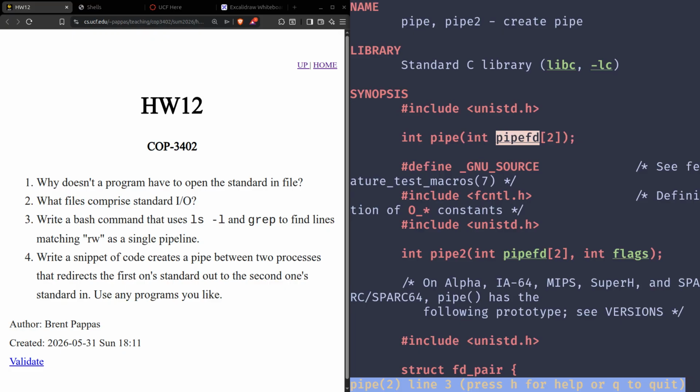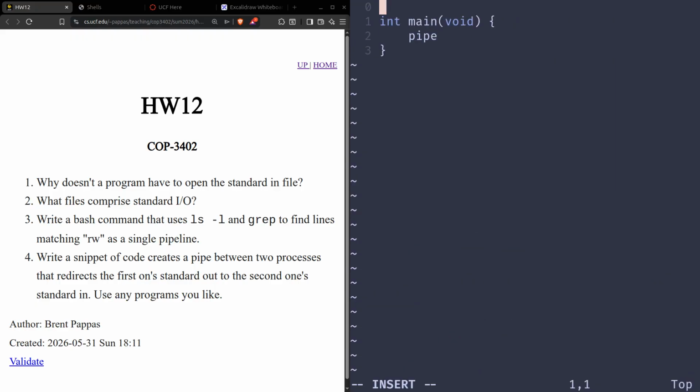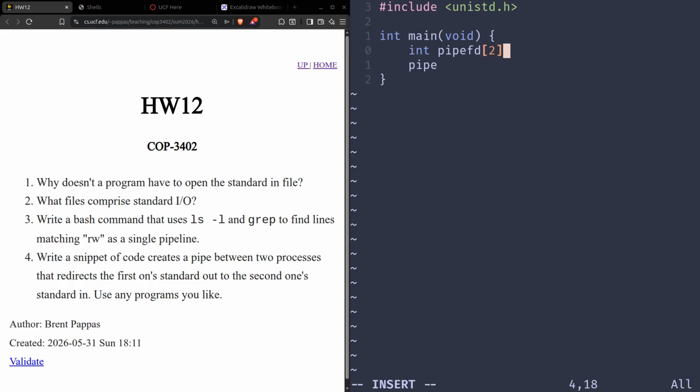Yes, the read and write end of the pipe, exactly. They're going to be placed in pipefd. So I'll paste in the header we need, and I'll declare a variable pipefd of size 2. What's the index of the read end of the pipe? 0. And then the write end is what? 1. So I'll define a macro here